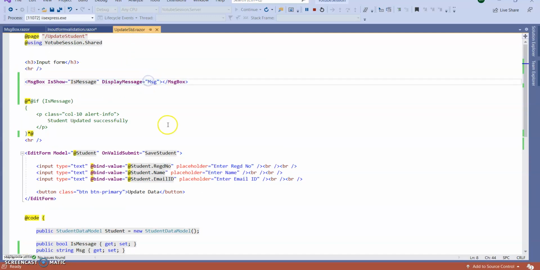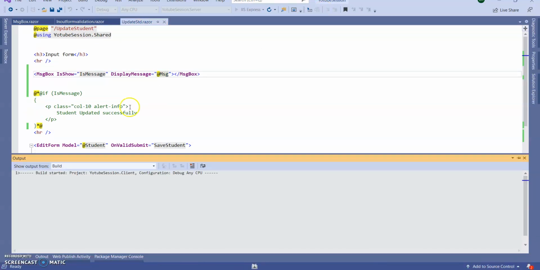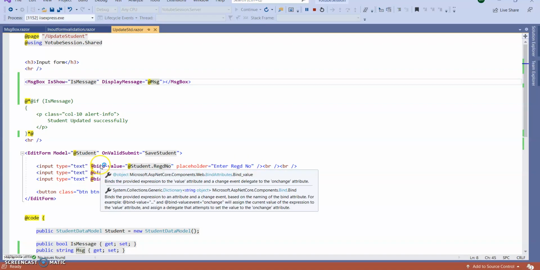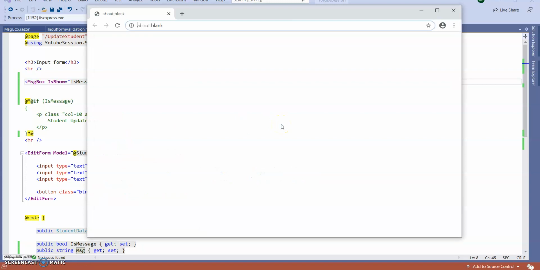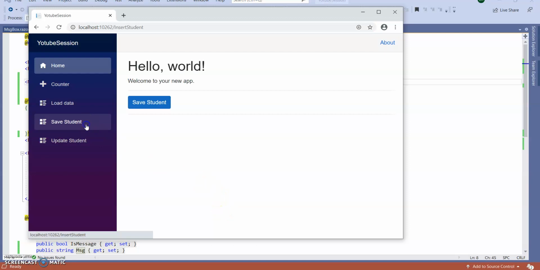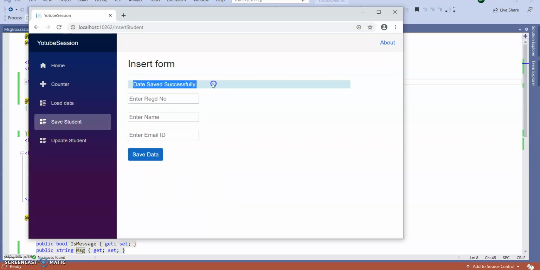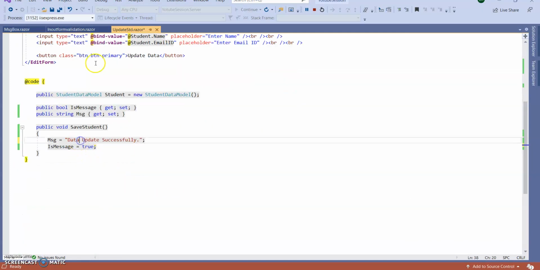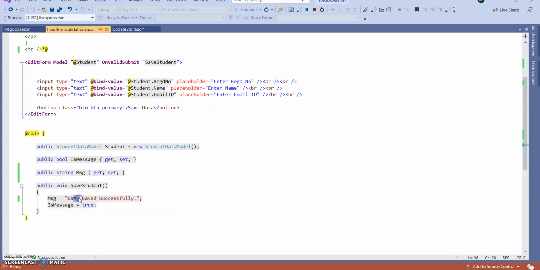So this will be @. Rerun the application. Save student, click on save student, data saved successfully. Update student. Okay, this spelling has a mistake. Again go there, check the proper spelling, right? Rerun the application again.